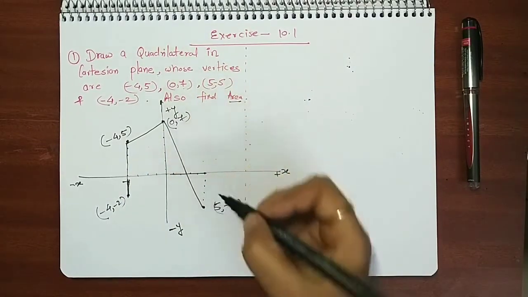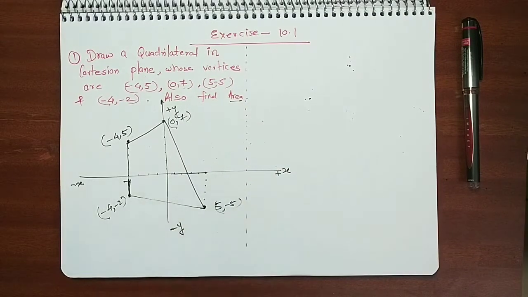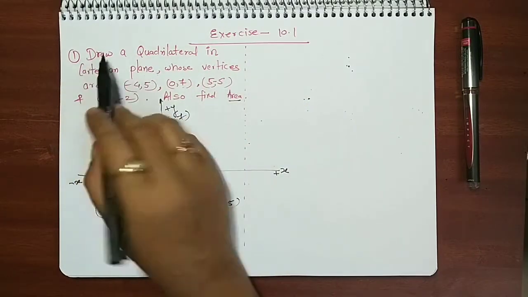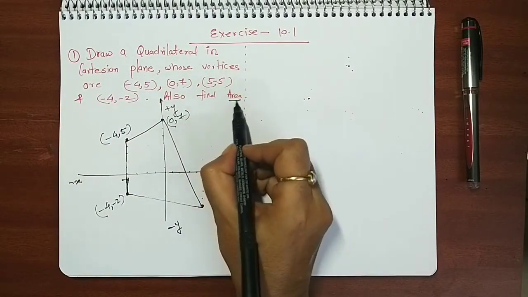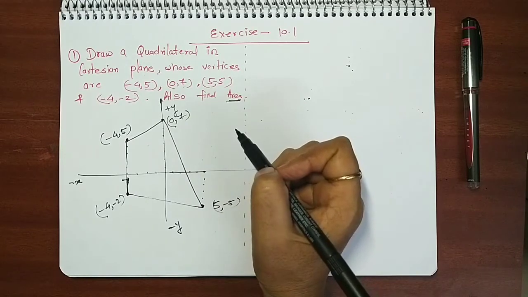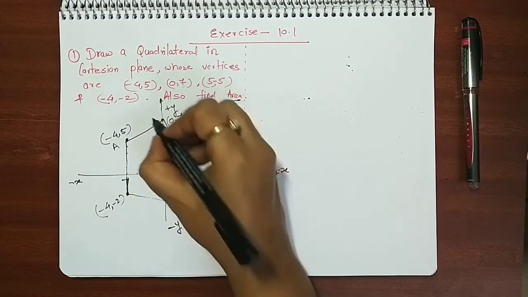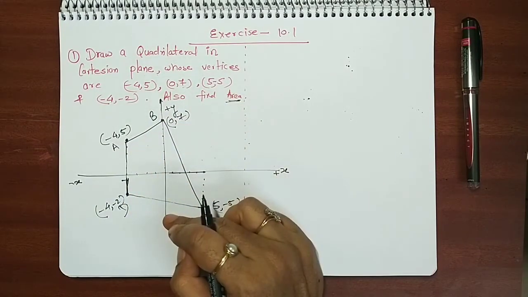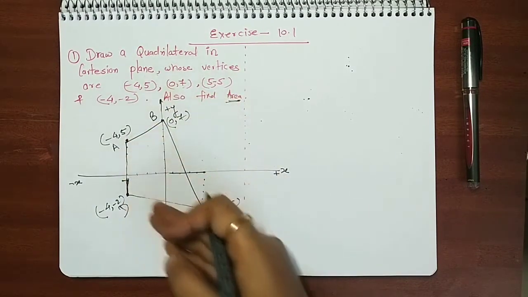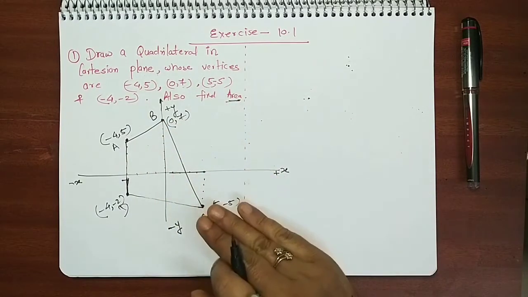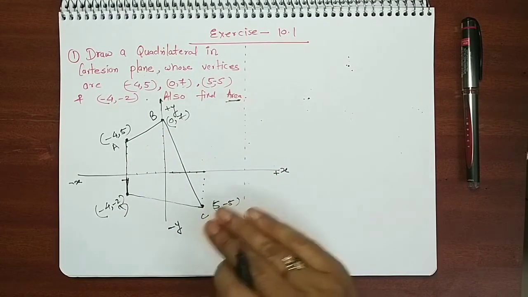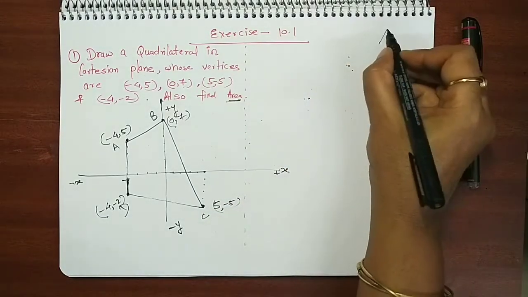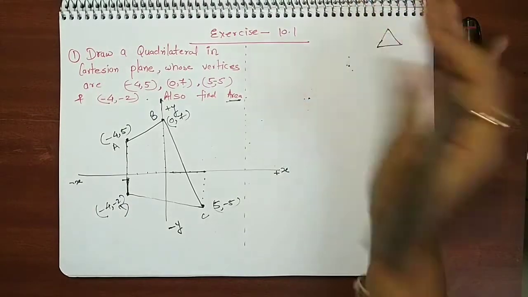And joining these 4 points, they are saying it's a quadrilateral. Okay, so the sketching is done. So we have to draw, that is done. They are asking for the area. For area, usually we try to apply some standard formula, right? If it is a trapezium, we can apply a formula. If it is a parallelogram, but this shape is neither a trapezium, parallelogram, square, nor rectangle. It's a very weird shape. And the only formula that we know in the coordinate system is this.